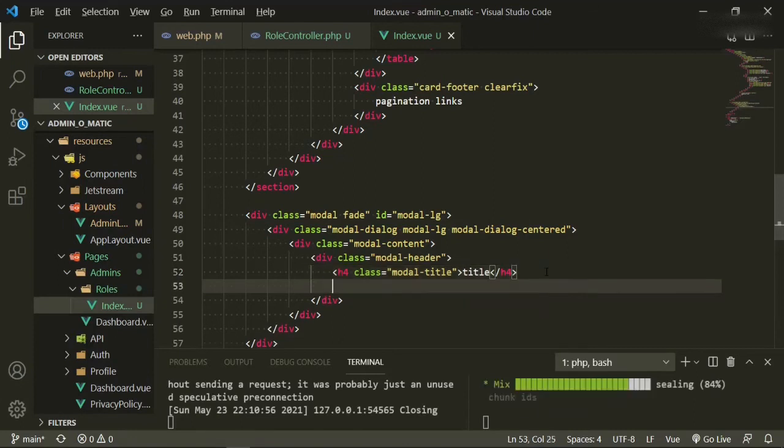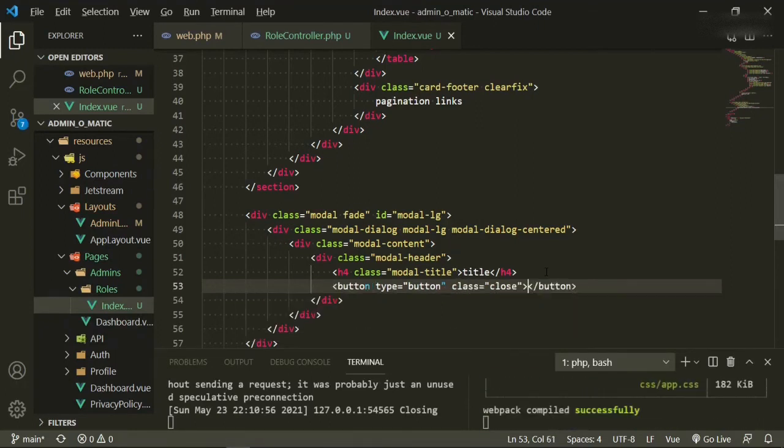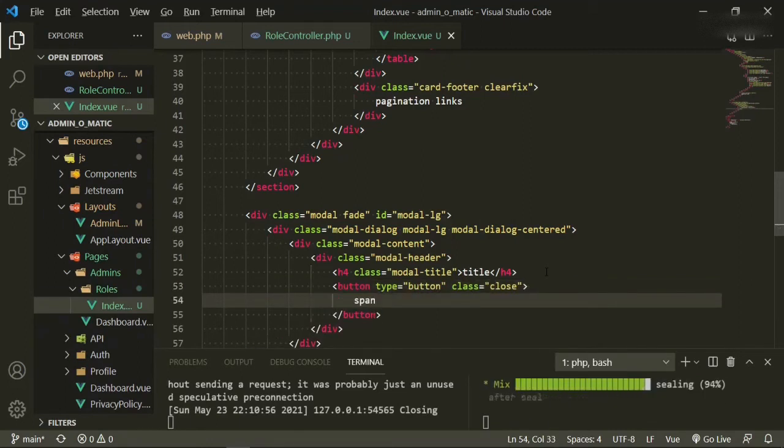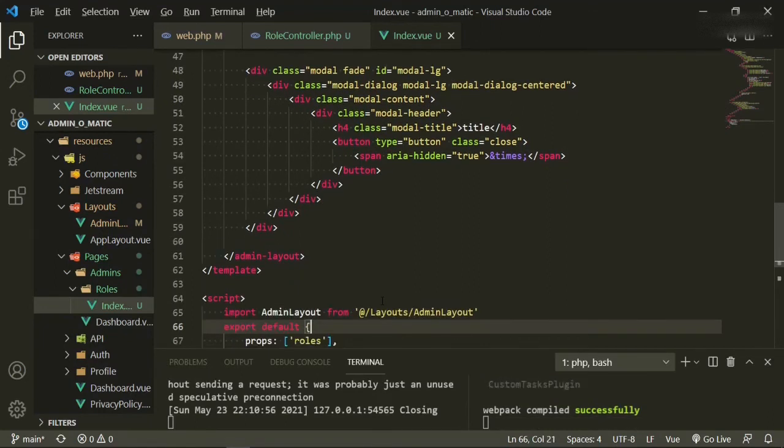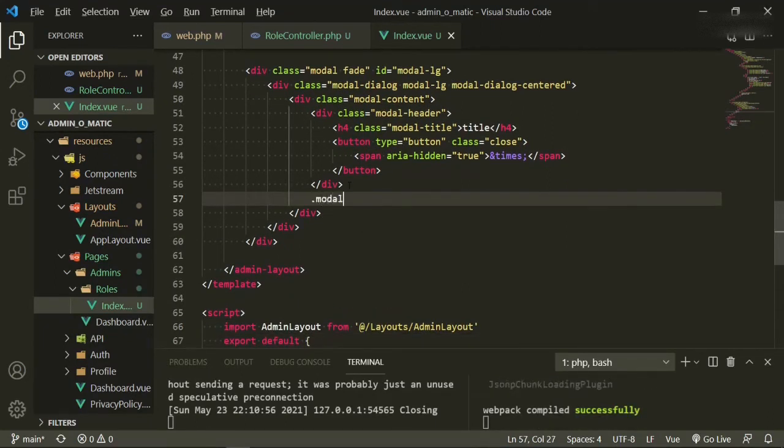Okay, so under here, we'll just say button, and it's going to have the type of button. The class will be close, and then we'll add the function after. So in here, we'll just say span, and then we're going to add an times to give us that little x. And then next to the span right in here, we need to add aria hidden equals true. Okay, we'll come down under the header, and then we'll have another div with a class of modal body